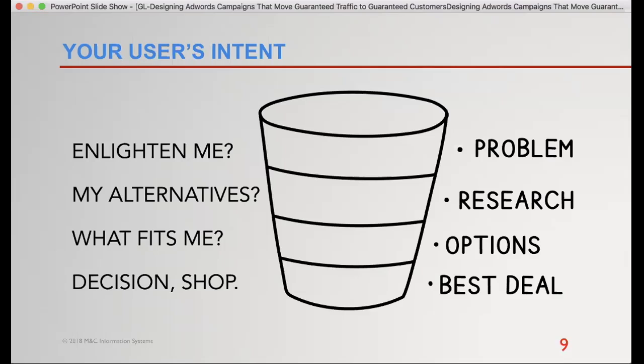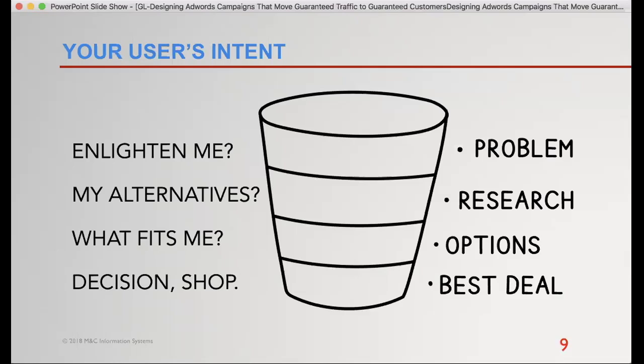So in business-to-business sales, we've got examples of companies we've worked with where the decision process is 1.5 years, 2 years long. We spend what would seem like a lot of money on the enlighten-me type phrases, because what we have to do is catch people as they're discovering this problem and start to educate them. If the bottom of the funnel is buy from Greg Chambers, the best person ever, up at the very top it's you might think of getting help for this.